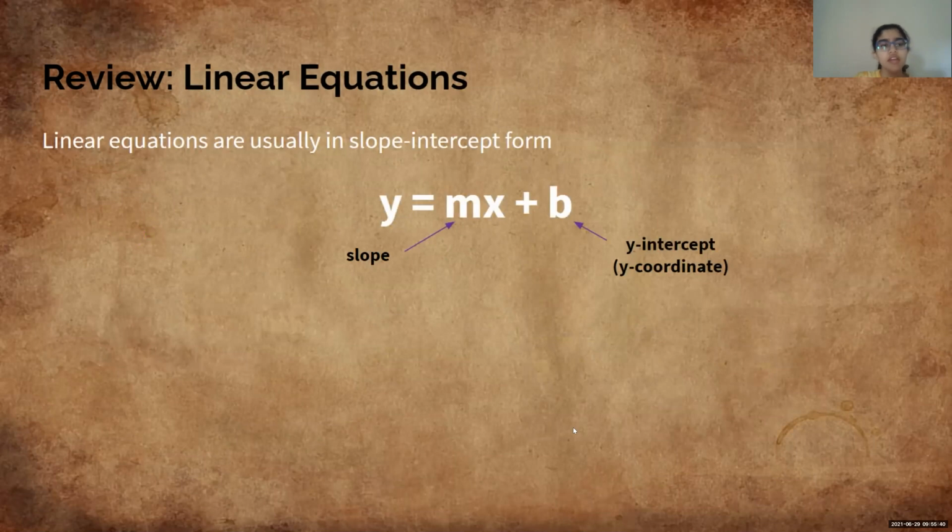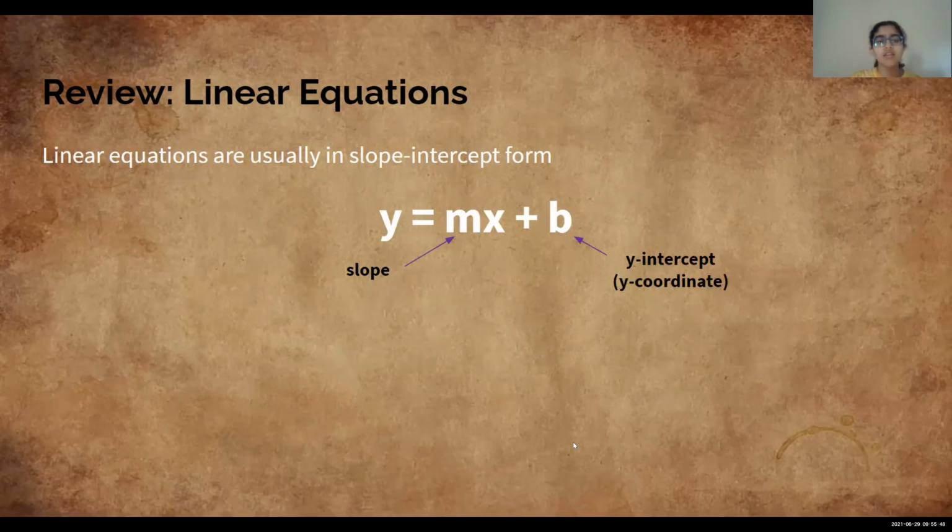Okay. So linear equations are usually given in slope-intercept form, which is y equals mx plus b. As we said earlier, m is the slope and b is the y-intercept, the y-coordinate of the y-intercept. And then there's another form that we can also use when we are writing linear equations out, and that is